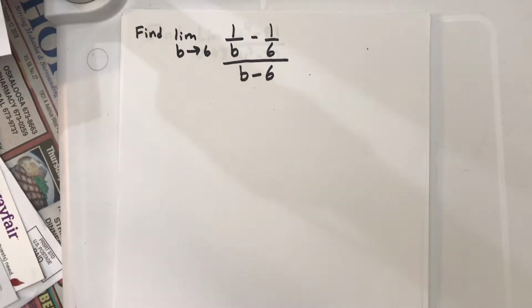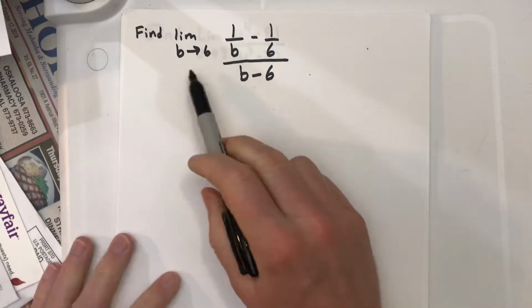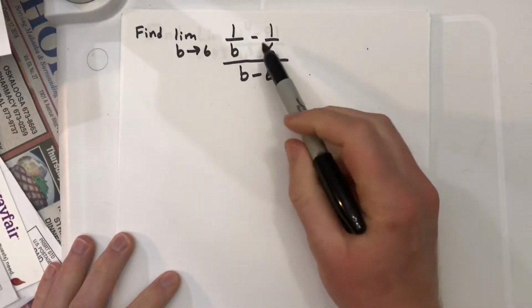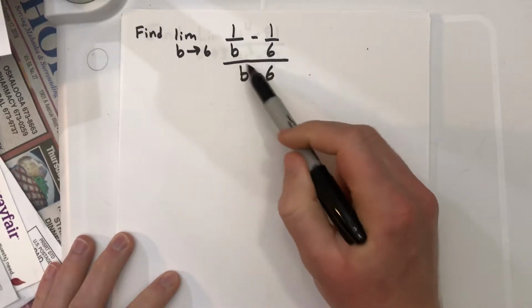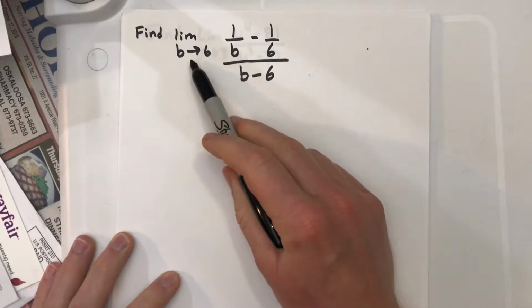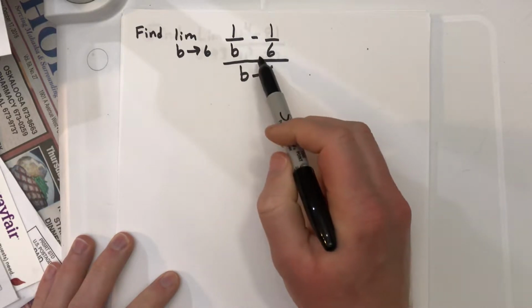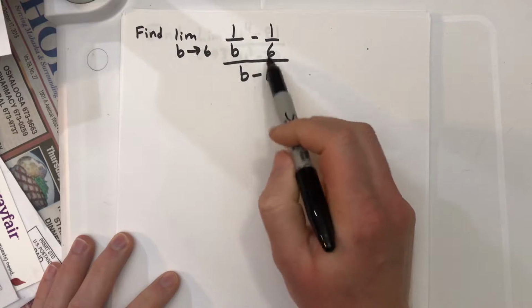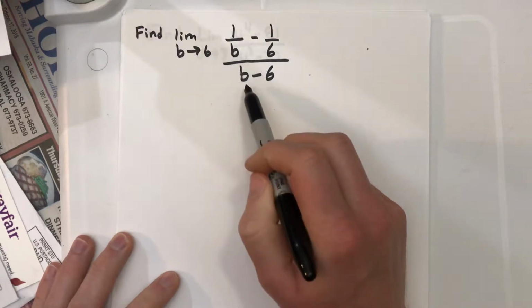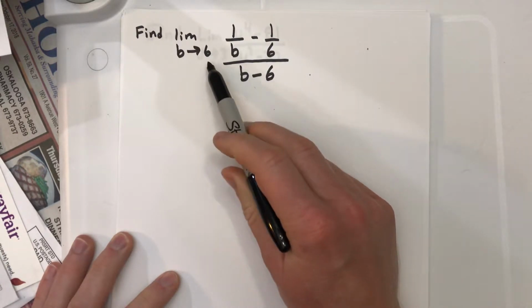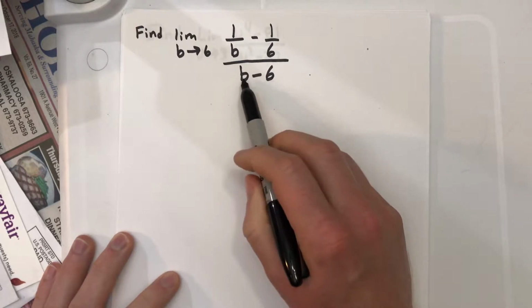Hey everyone, here's another example from section 2.2, finding the limit as b approaches 6. We've got a little bit different function here. We're going to check this expression by plugging in 6 to see if we get a domain error. So if we plug in 6, we can see right away